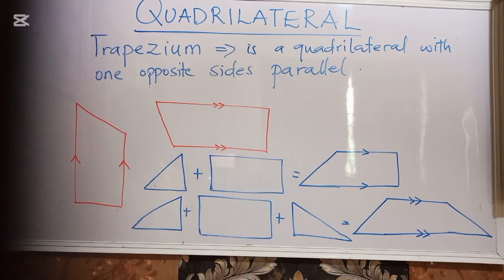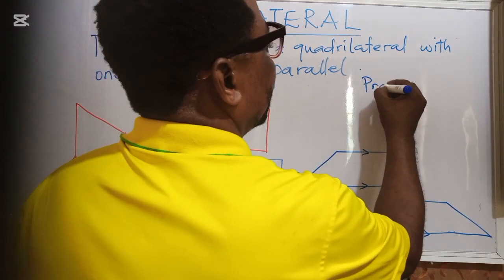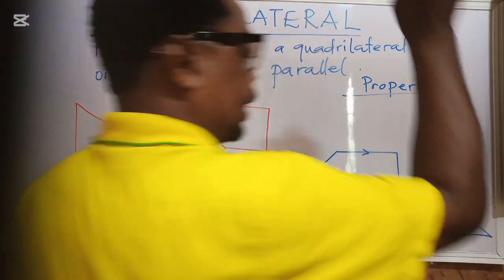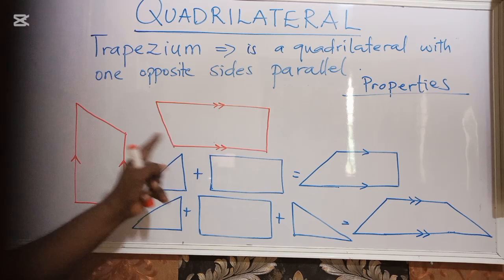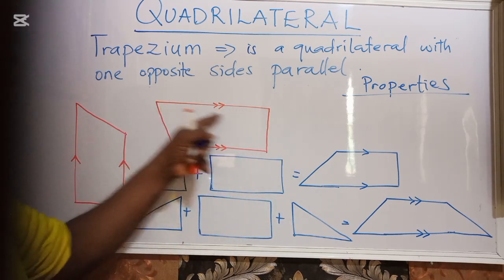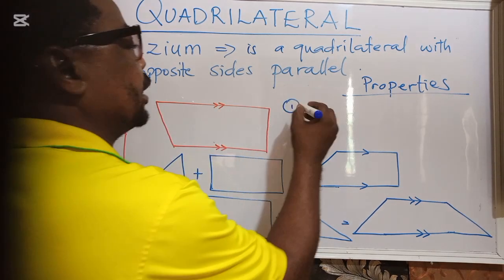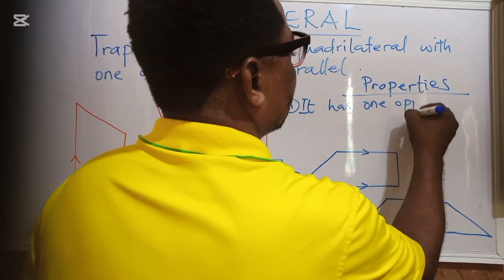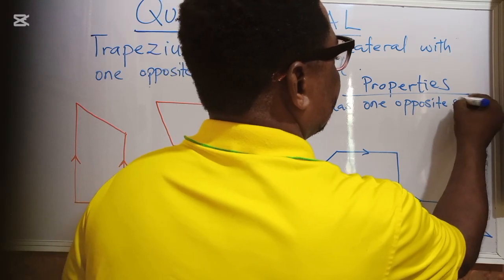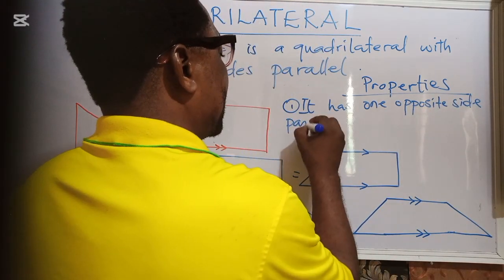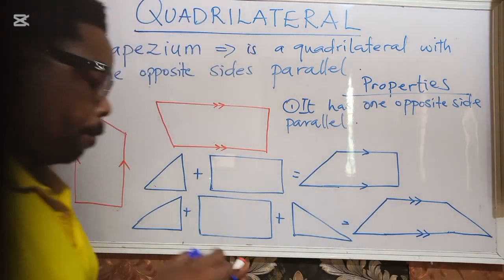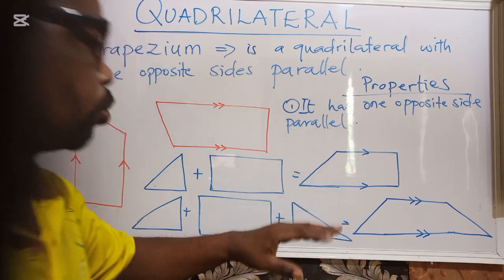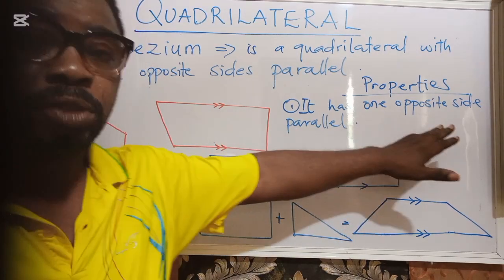So what are we going to say concerning the properties of a trapezium? Apart from the three we have said, that it has 4 sides, it has 4 angles, and the sum of its interior angles is 360, the next one we can say is that it has one pair of opposite sides parallel. I want us to say only this one. Somebody will say, why, Mr. Ola, why? Now listen, why I don't want to talk about the line of symmetry in this case is that